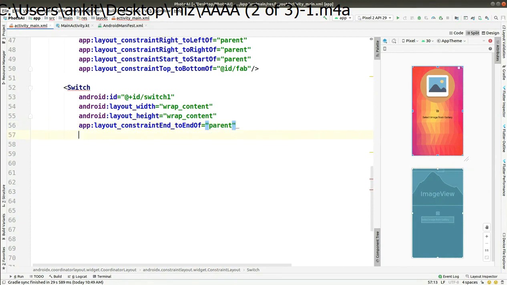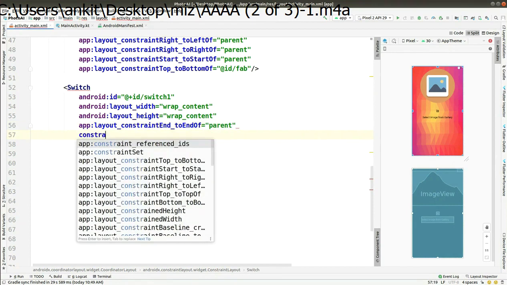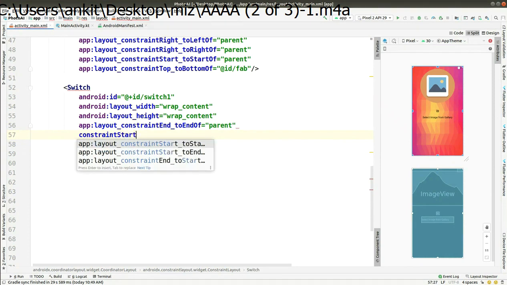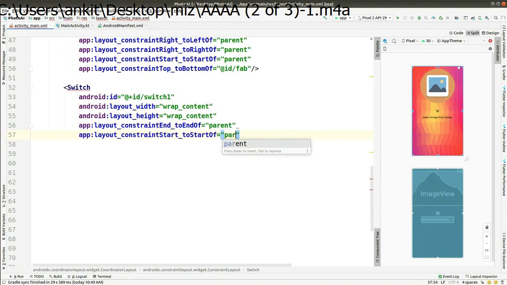As we are using the constraint layout as the parent layout of this view, we have to add these things using the constraint layout properties.